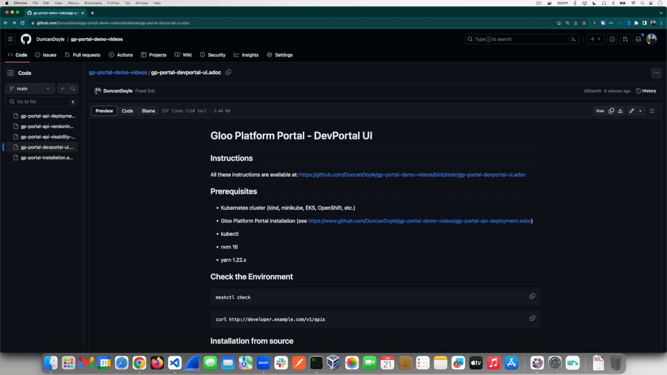Hello, in this demo we'll show you how you can run the Gloo Platform Portal Developer Portal UI on your local machine and in your Kubernetes cluster. The DevPortal UI is the UI frontend for the Gloo Platform Portal, and it's a React-based application. The instructions can be found on my GitHub repository, and the prerequisites for this video are a Kubernetes cluster, Gloo